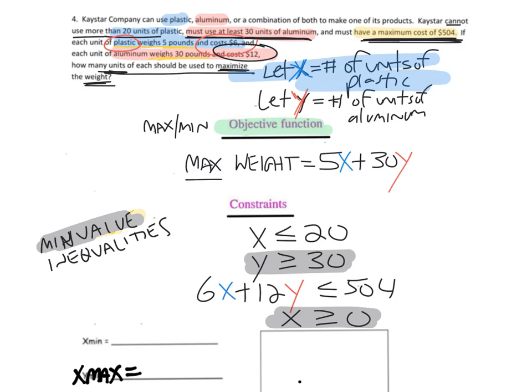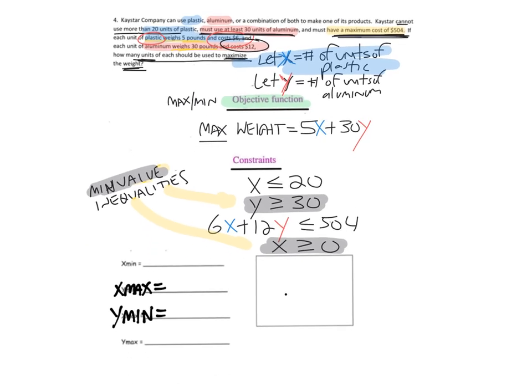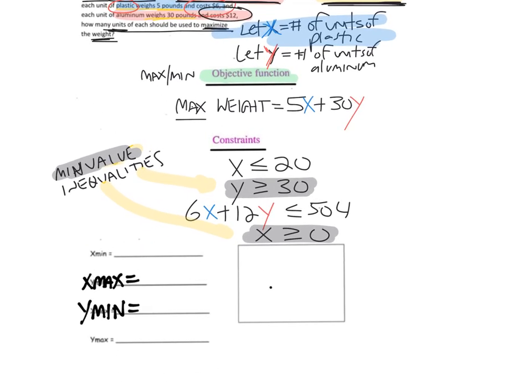Well, basically what that's saying is the number of units of aluminum can't go lower than 30. So that's actually a minimum value for Y. So the only other inequality I needed to add was X is greater than or equal to 0, because Y is greater than or equal to 30 is the minimum value for that variable. So this problem here is going to have you graphing these 4 constraints, and we want to try to find